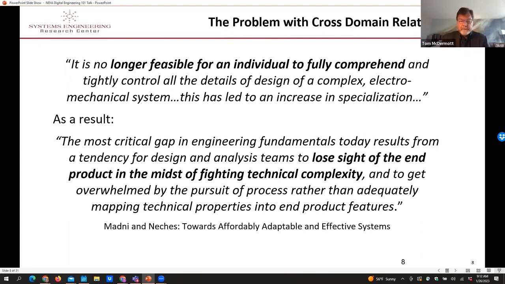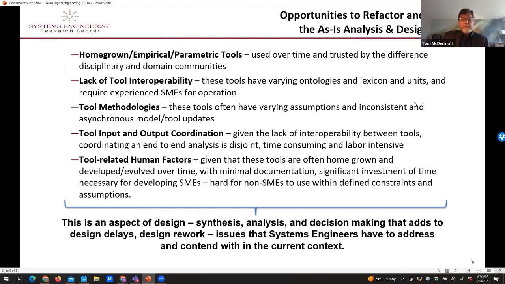And so that better way is effectively digital connectivity of all of these disciplinary tools, and the growth of that in the future. And that's what digital engineering is all about. It's about this kind of refactoring, if you want to call it that, where all of these domains that have their own homegrown parametric type tools that they use, that are not interoperable with each other, that have different languages and different subject matter expertise, can be brought together, not into a single tool, but in an approach to connect them together. And we'll talk about some of the technologies for that.